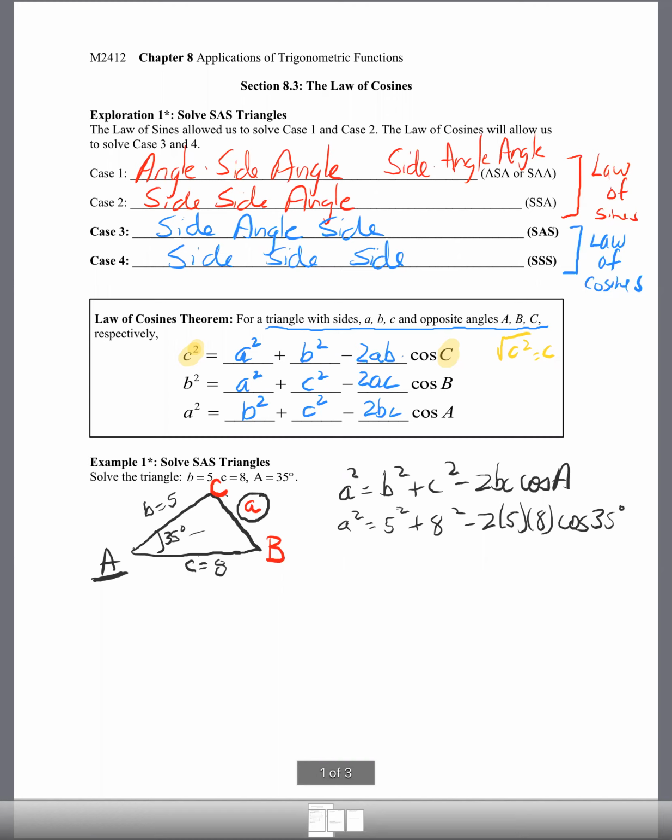And it tells me that A squared is equal to, now this value is not exact because our calculator can only store so much, 23.46783646, and so on. I'm going to leave that value in my calculator right now, and I'm about to take its square root. So then A is going to equal